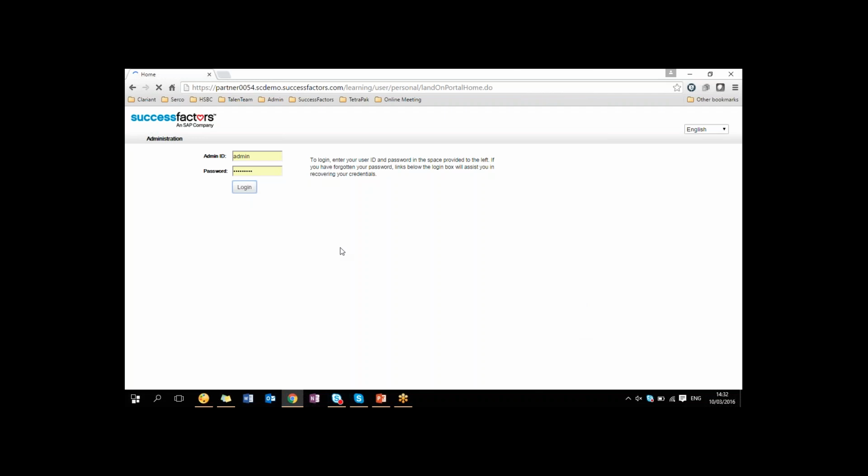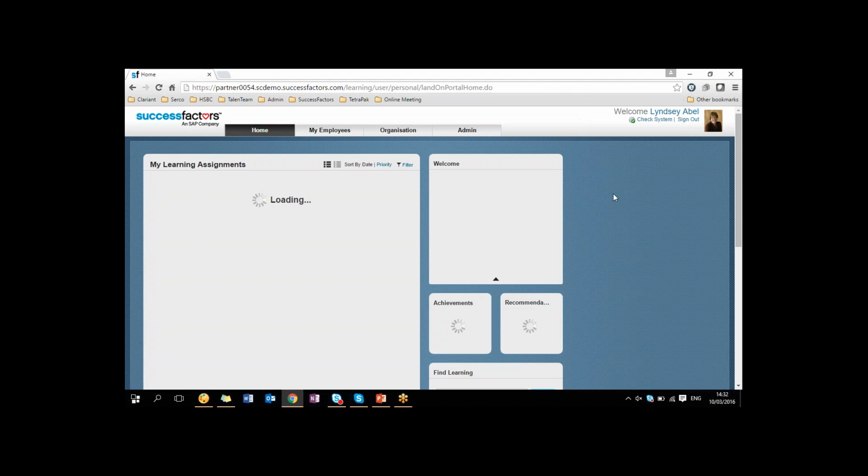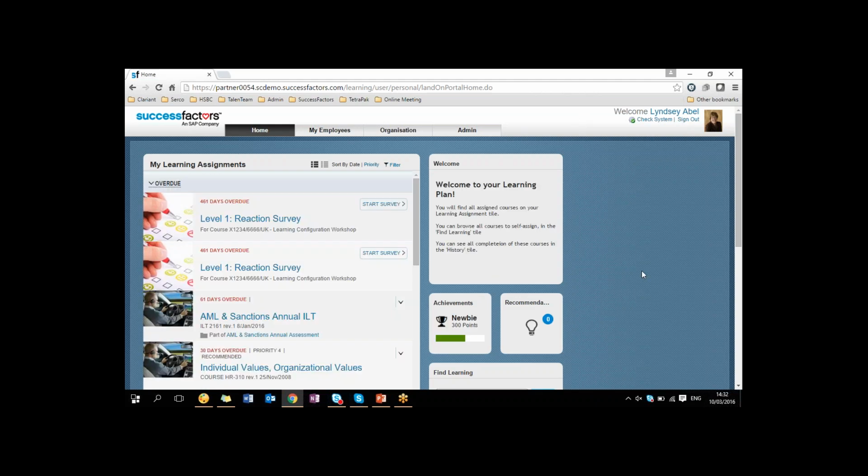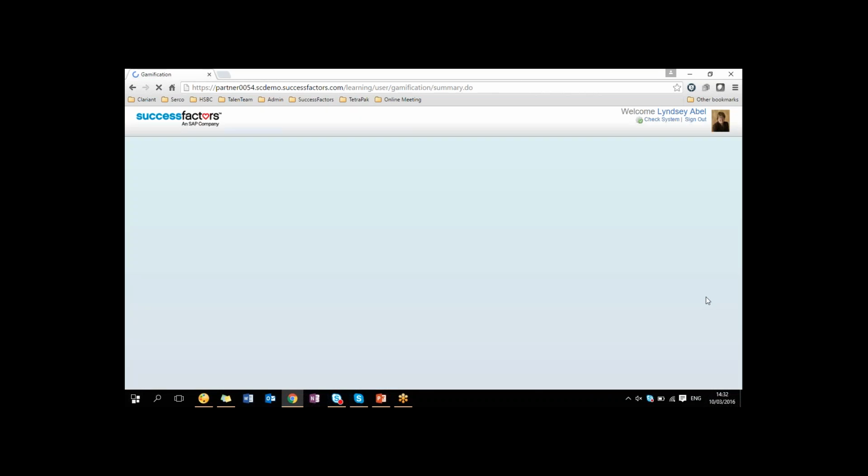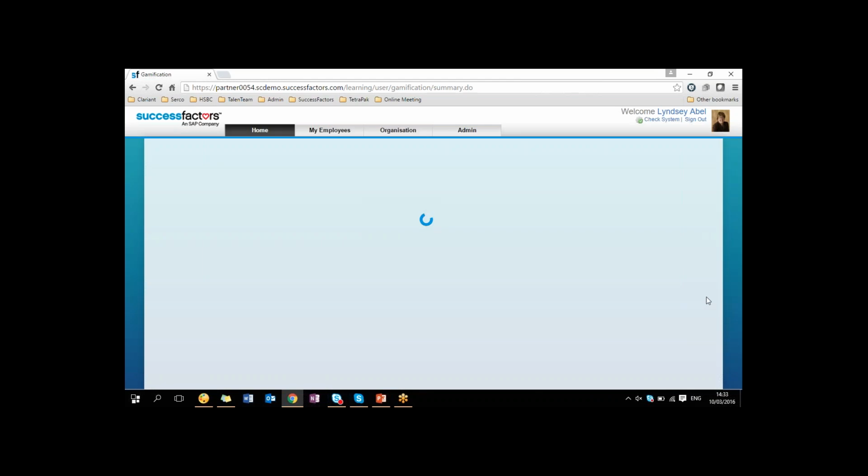Okay, so I'm in my learning home profile page, excuse me, and I can see a new tile that has been added, and that is called Achievements. Essentially, Achievements holds the entire integration between the LMS and Bunchball. So that is going to be your main focus tile, where you're thinking about that integration between Bunchball and SuccessFactors. And upon clicking the link in the tile, you'll actually see your gamification profile.